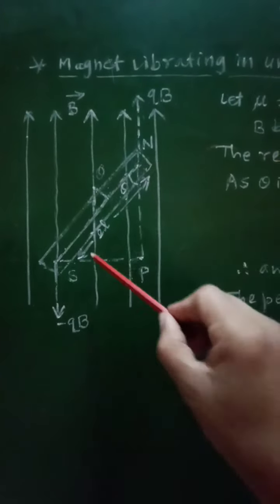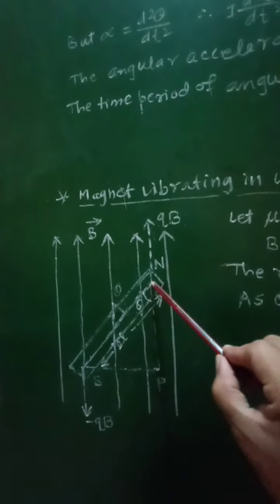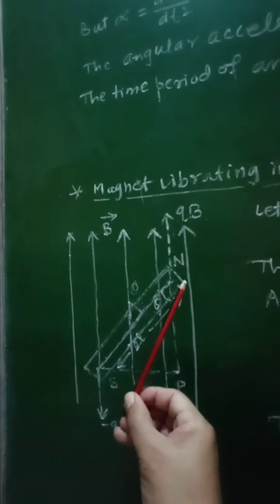Now let mu represent the magnetic dipole moment of that bar magnet, which is nothing but the product of pole strength and magnetic length, that is Q into 2L. Now B will represent the uniform magnetic field in which that magnet is suspended when angular displacement theta is there for this bar magnet. That means when this bar magnet is rotated through angle theta, at that time the restoring torque will be acting on that bar magnet so as to make the axis of the magnet again parallel to the direction of the magnetic field.